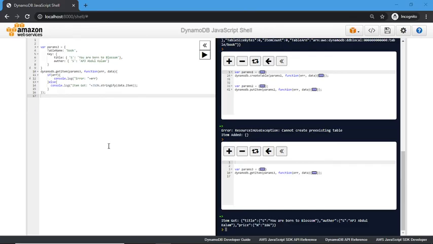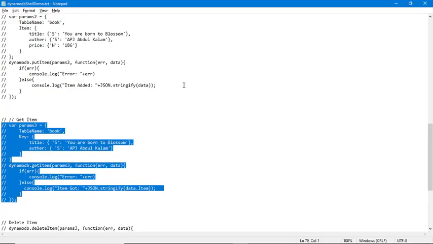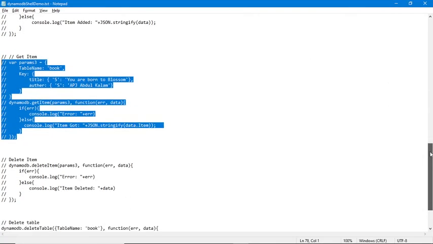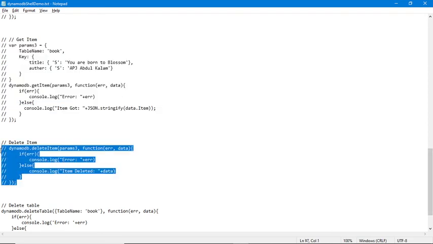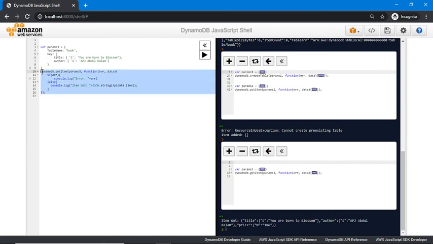Now, after put and get, it's time to delete an item. With the help of the delete item command, we can delete our item.